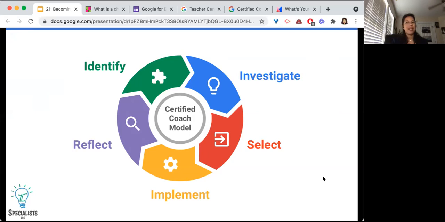What other processes does it remind you of? Okay, I see one. Scientific method, instructional design. Policy development, okay.